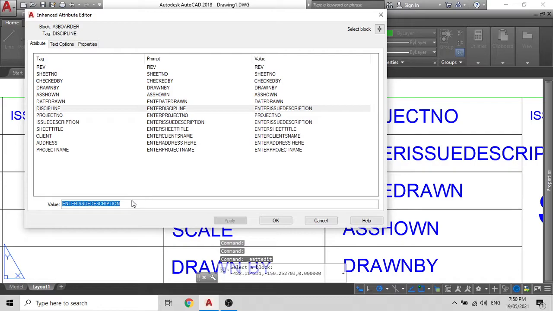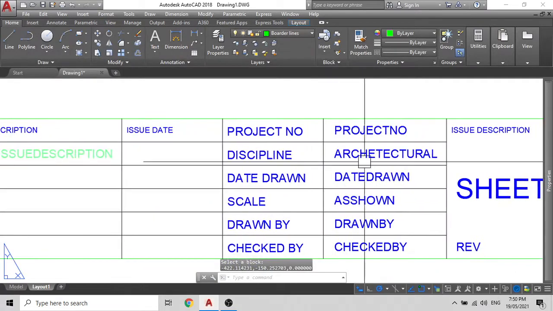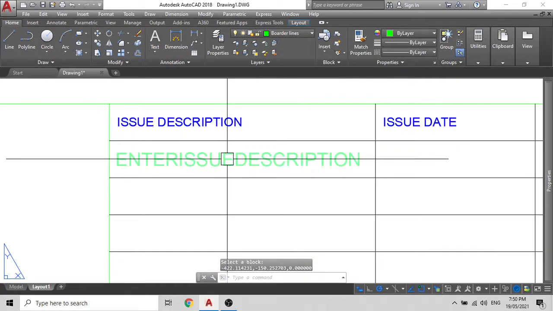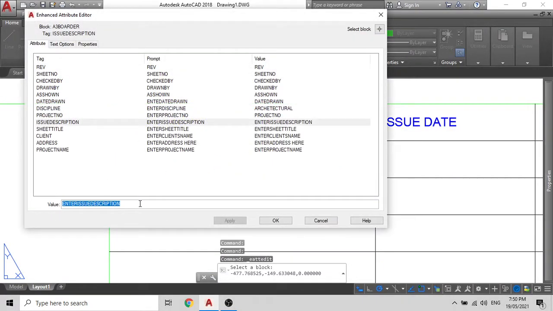When you enter your sheet description, architectural, structural or anything, it will go back to what it actually was. Here you can enter your issue description and say, this is just an exercise. Issue for building permit. This is just a slight brush up. When we do the actual architectural, then I'll show you how to make your changes accordingly.